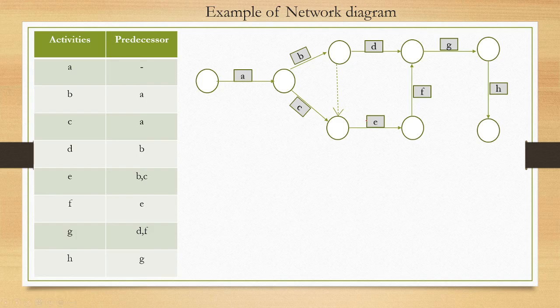This is how to draw a network diagram using predecessors. Now we will go to the critical path method, CPM, and we will find out the different definitions and how to find project durations. I will show you a shortcut method also, where you don't need to draw the network diagram. Without drawing it, you will be able to find out what the critical path is as well as what the project duration is.